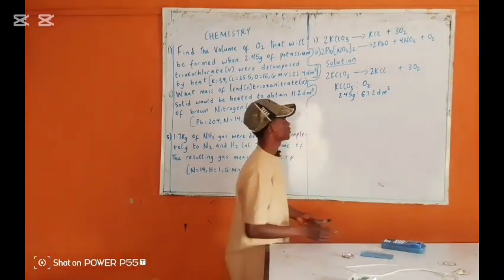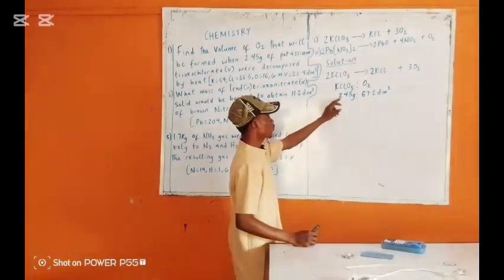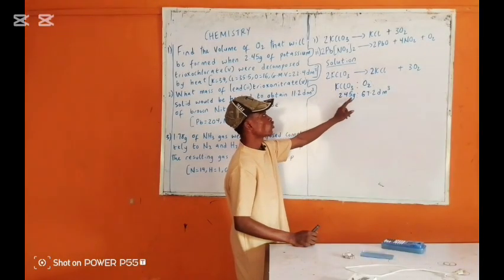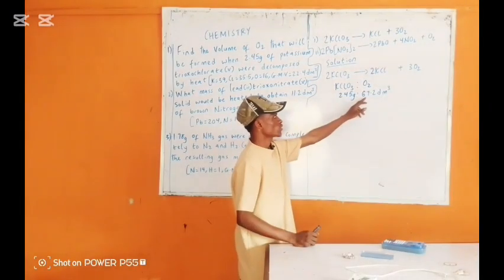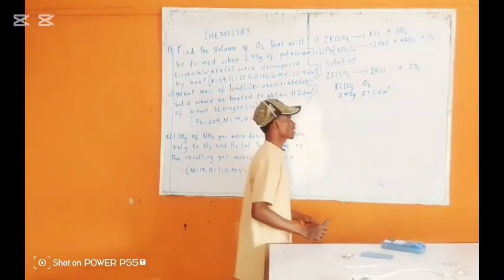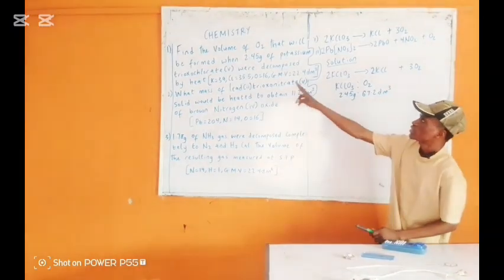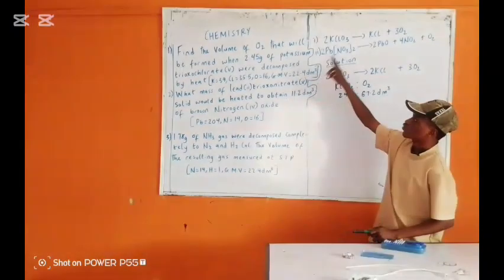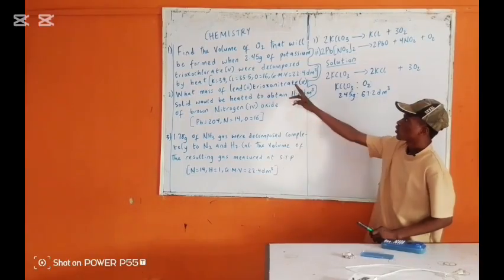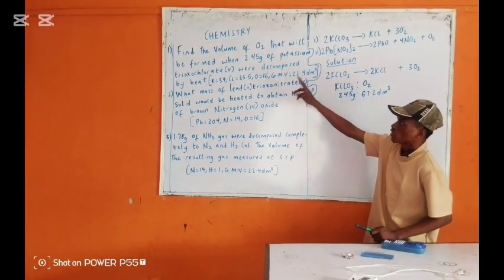Now, it means that when 245 gram of KClO₃ decomposes, what is produced? 67.2 dm cube of oxygen gas is what is produced. Now, what's the question now? The question now says, find the volume of O2 that will be formed when 2.45 gram of potassium chlorate